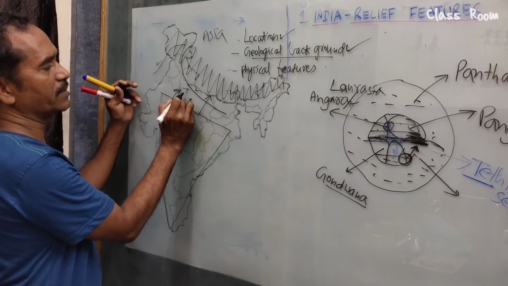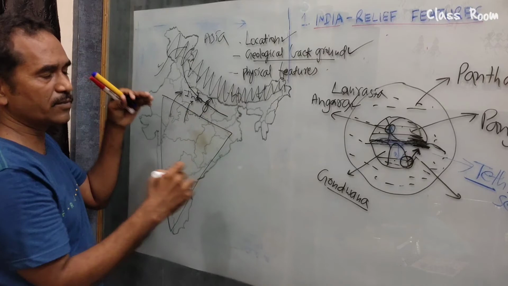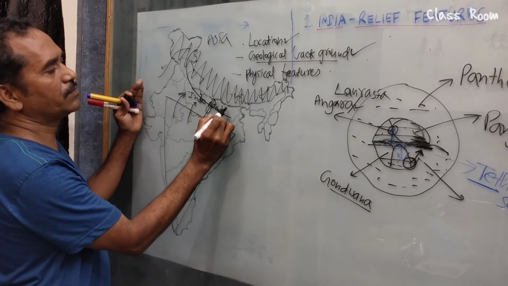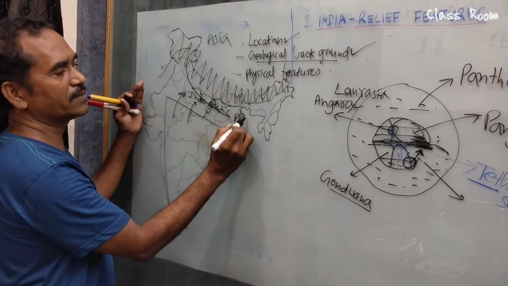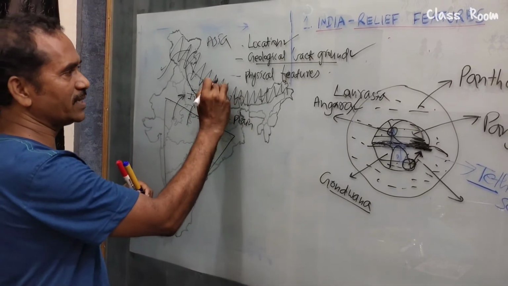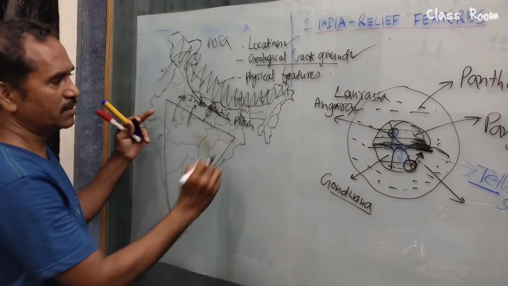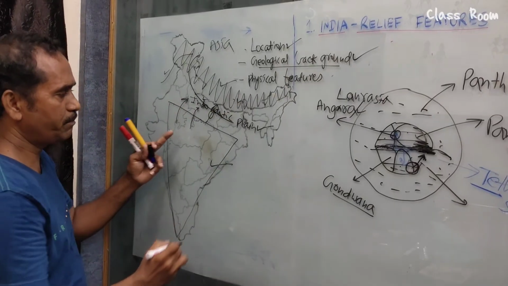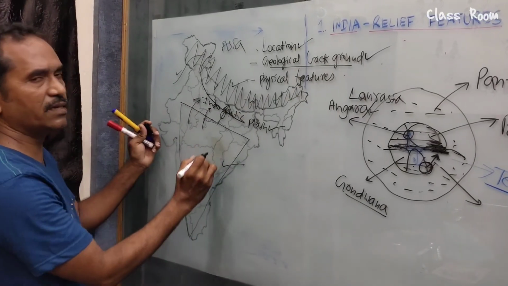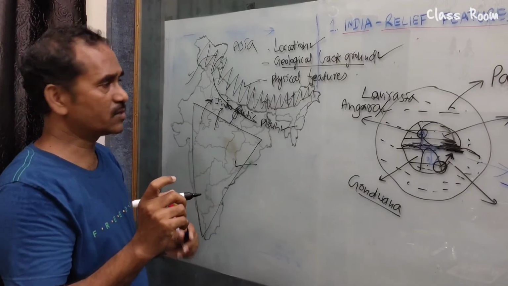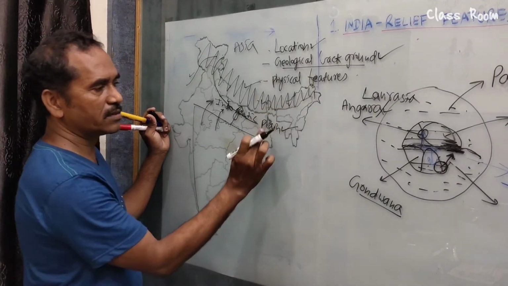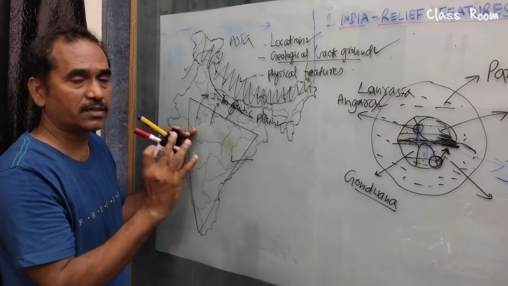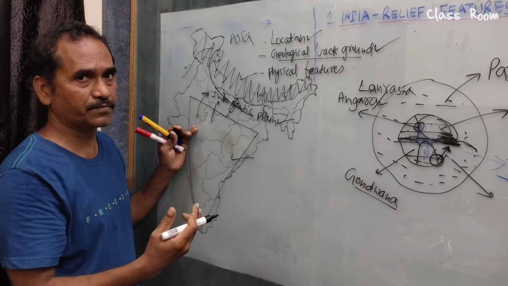So, the Indo-Gangetic plain. What I am going to do is show you the physical features of India. Indo-Gangetic, because of these two rivers' names, plains. So what do you see? Already we have seen the Himalayas, one part. The second one is the Indo-Gangetic plains, and the third one is Peninsular India. These three are the major parts. I ask you one question. Among these three, Himalayas, Indo-Gangetic plains and Peninsular Plateau, which part is the ancient one, the oldest one?